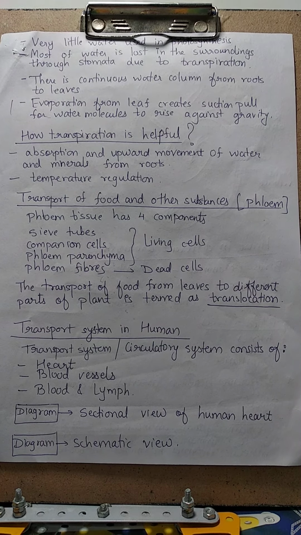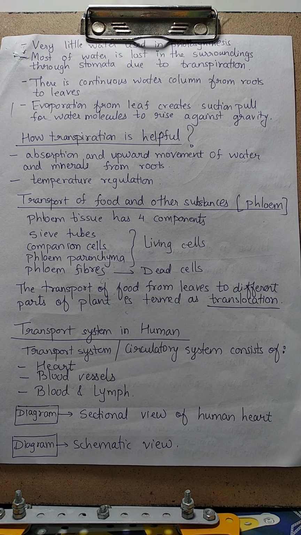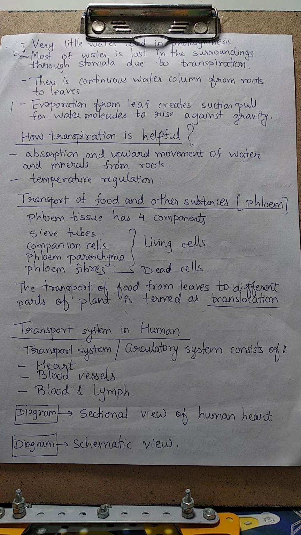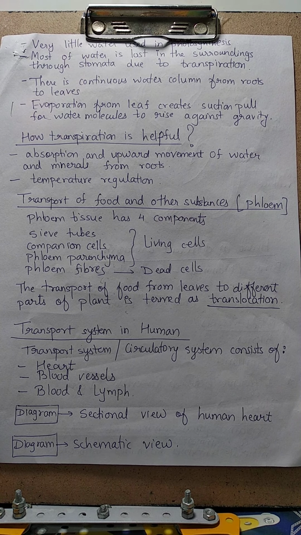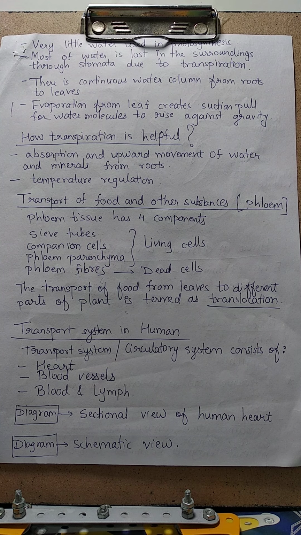See, the food is manufactured by the leaves. The manufactured food enters into sieve tubes of the phloem and is transported as a dilute aqueous solution in upward as well as downward direction. Food is transported to all non-green parts of the plant for growth and metabolic activities. Each and every cell of the plant needs food, that is energy, to perform growth as well as metabolic activities.